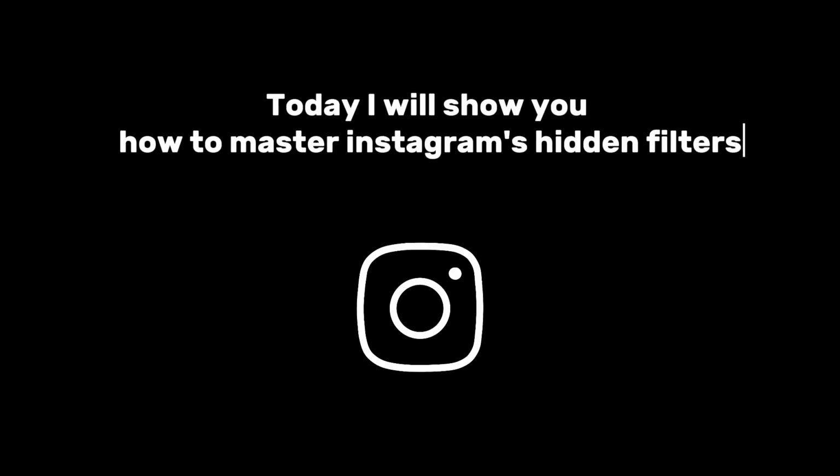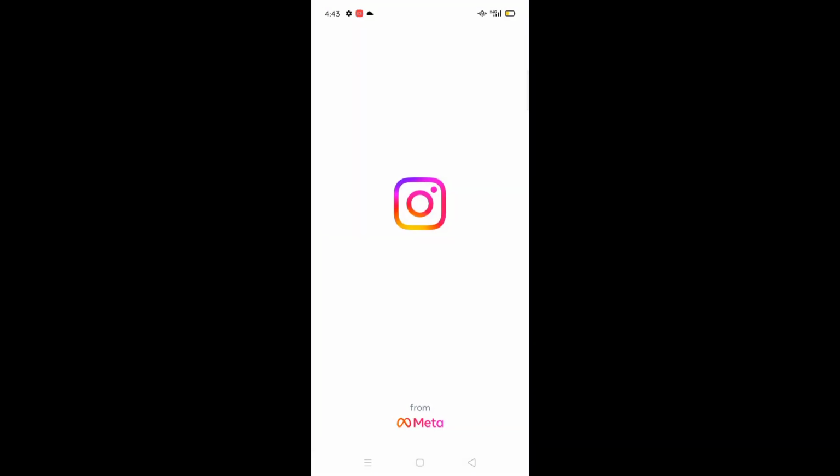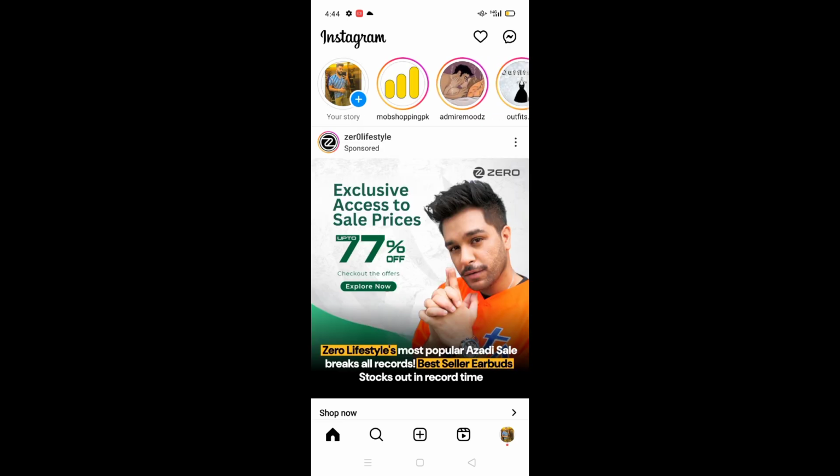Today I will show you how to master Instagram hidden filters. So for this, the first step is to open the Instagram app on this Android device. As well, it will be loading. After it has completely loaded,